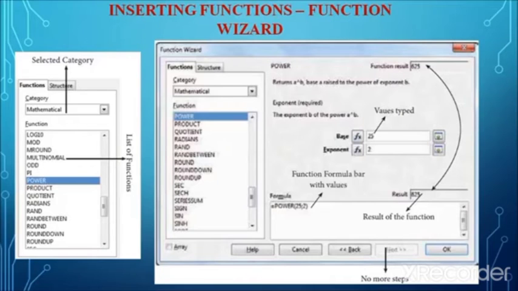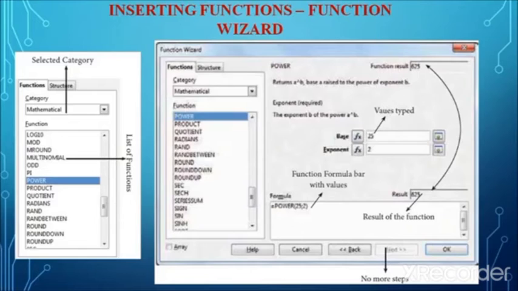So first the user clicks on the power function. There will be two inputs needed: one is the base value and the other is the exponent value. For example, we are going to find the value of 25 to the power of 2. So first we need the base value and the power value.